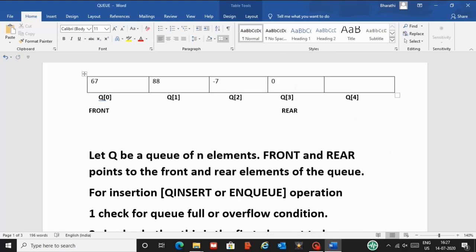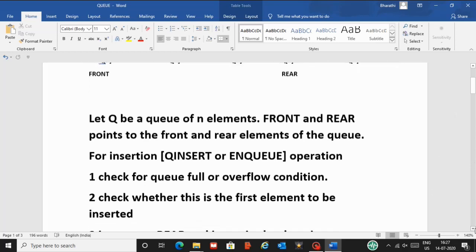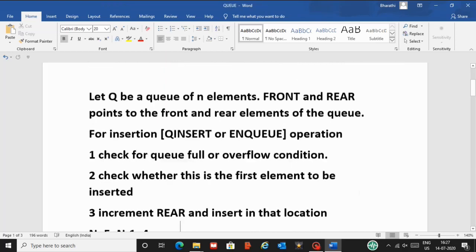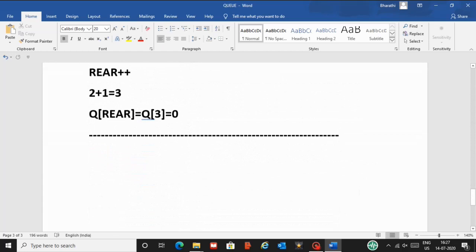So still I haven't deleted anything, so front will be pointing there only, because whenever you plan to delete, 67 which entered the queue first should be the element which has to be deleted first. The element which entered last would be the last element going out of the queue, that is first in first out. Now we have seen, still I have one more. Then again after that, if I try to insert, I should get an error message. So let me see, let me also insert